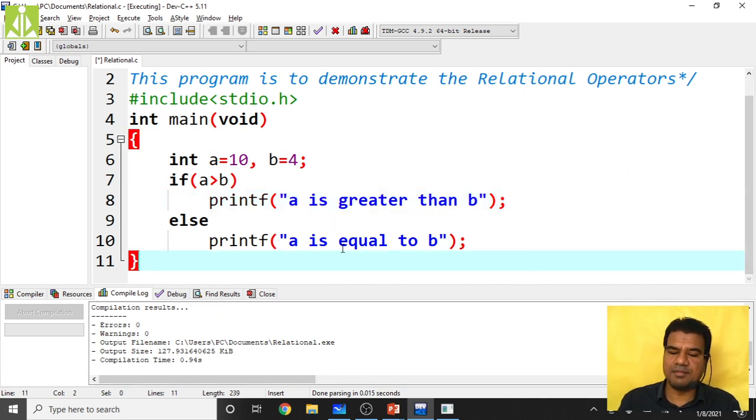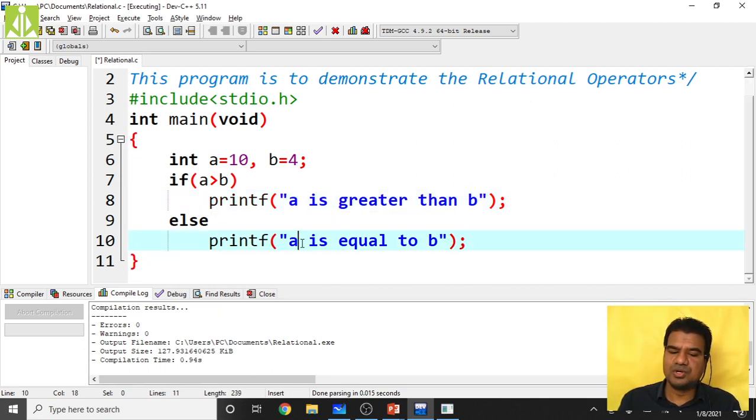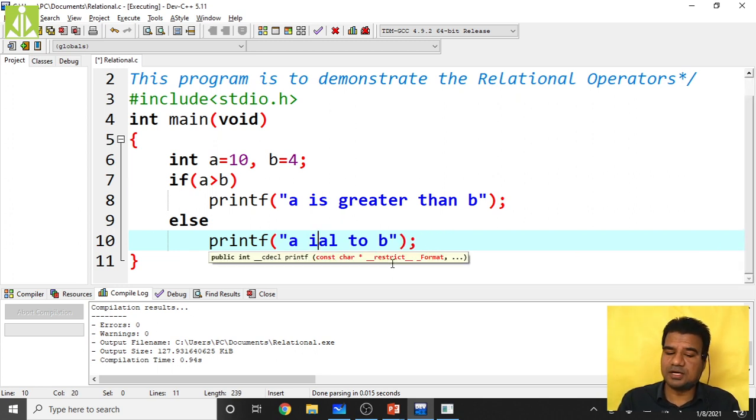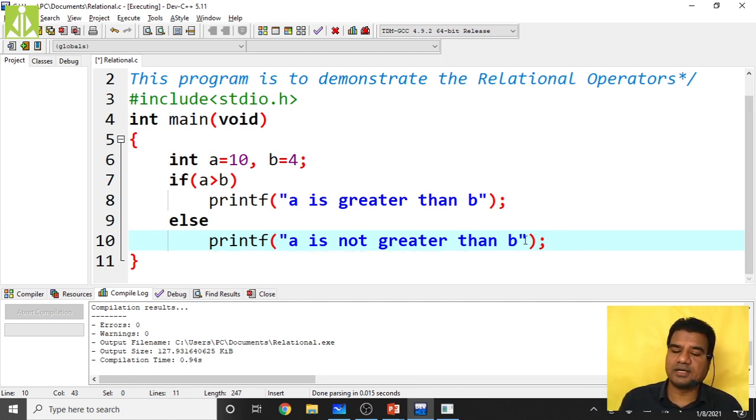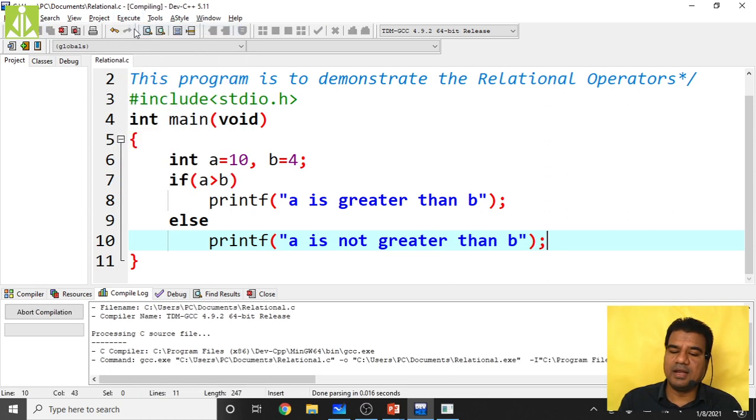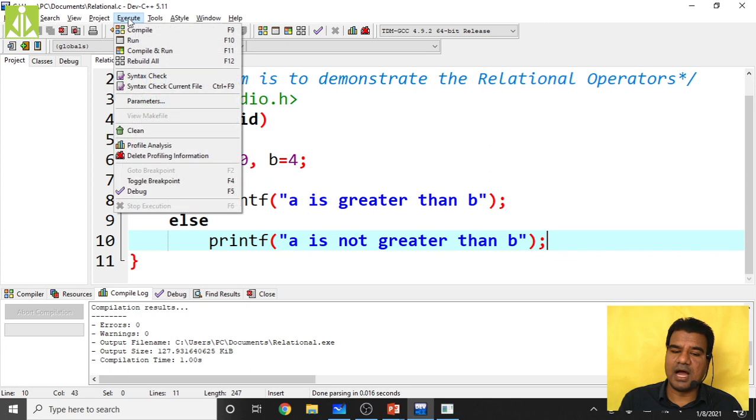If this is not true, maybe A is equals to B, isn't it? So A is not greater. We have to print like this, A is not greater than B. Whatever operation we are doing, according to that only you make this statement. Save this program, compile, and see the output.